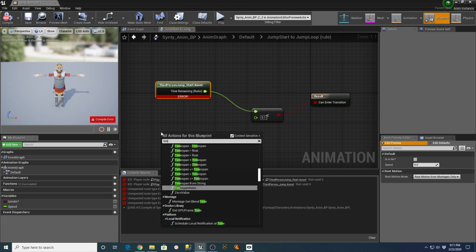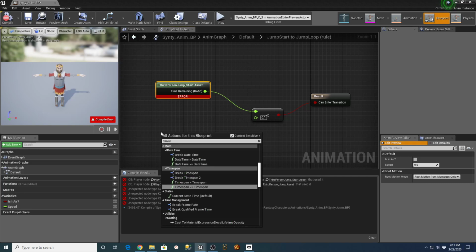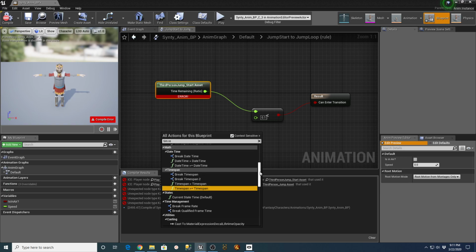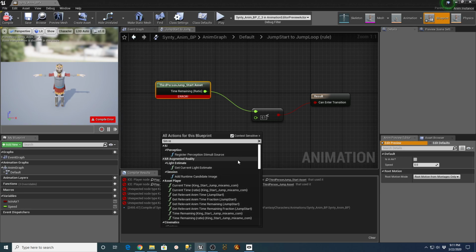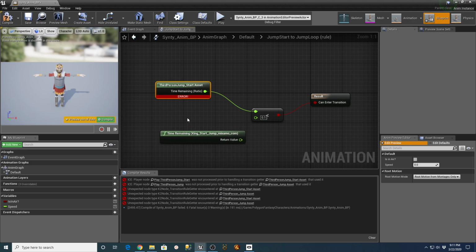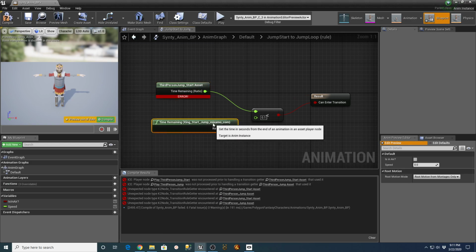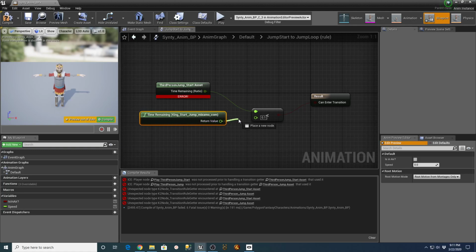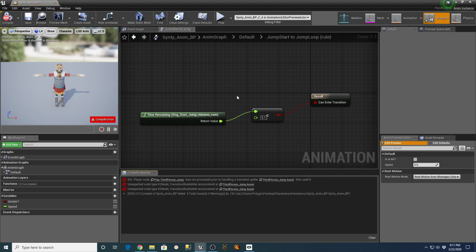So we'll say time remaining. And time remaining down here, king start jump, which is what we want because that's their jump start. And we get the return value from that into this first node, which automatically breaks that, and we can delete that reference. And we still have a couple more to do.